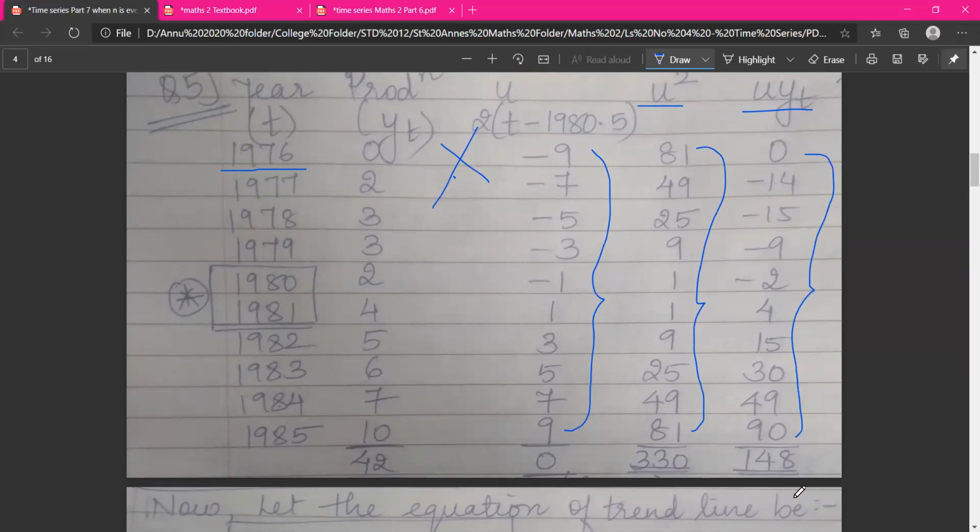Once you get all the values of the table, then what you do is add column number 2, column number 3, column number 4 and column number 5. तो इन पांचों कॉलम को आपको ऐड करके उनका टोटल निकालना है. So after you get the total, then you can write, let the equation of the trend line be, as we